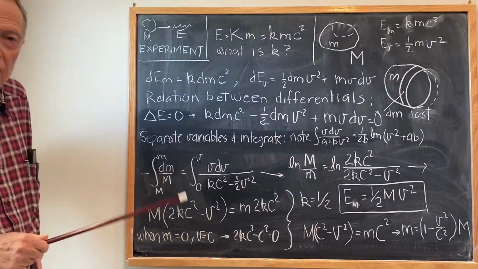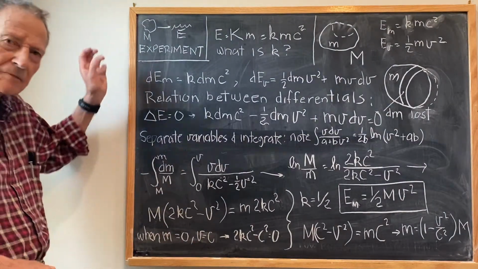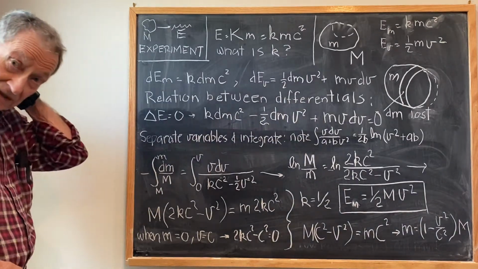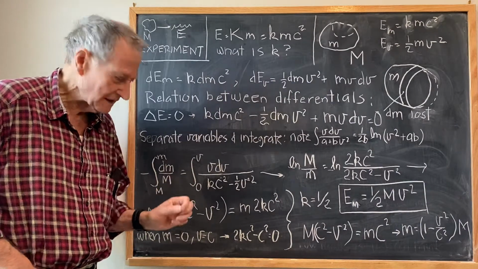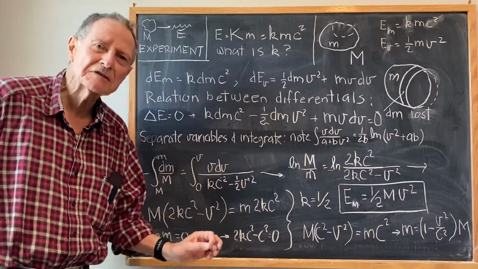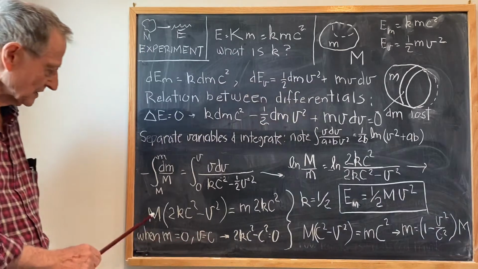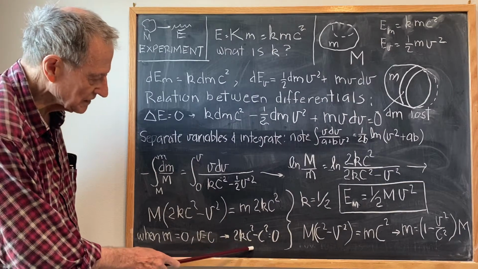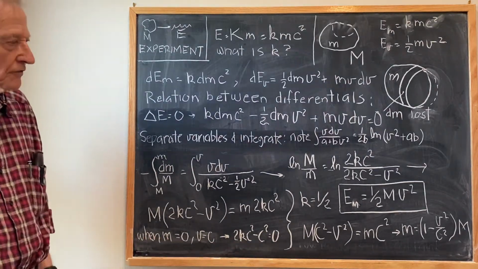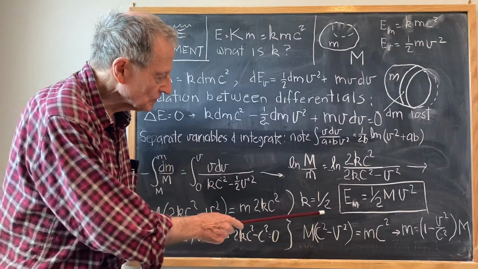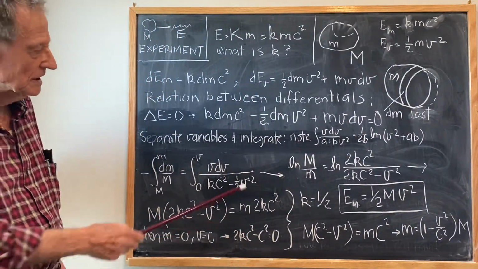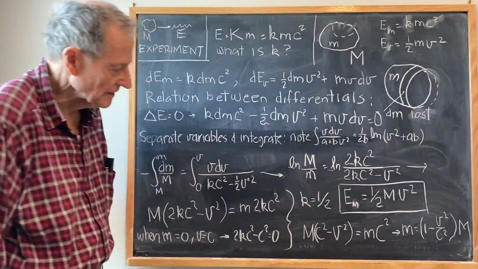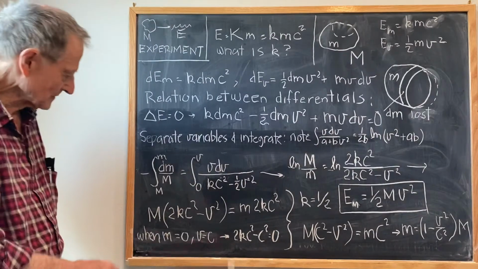Now you have the additional condition from the assumption that the entire mass is consumed and that when it's consumed, at the very last instant of infinitesimal mass left, the velocity is c. So you get, when m equals 0, the velocity is c, which implies 2K c squared minus c squared equals 0, from which you get the result that K is equal to 1/2, and then the energy of m, therefore, is 1/2 mv squared. Now, if you substitute K equals 1/2 in this expression,